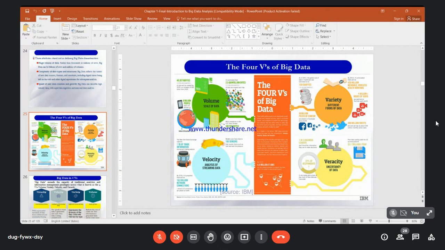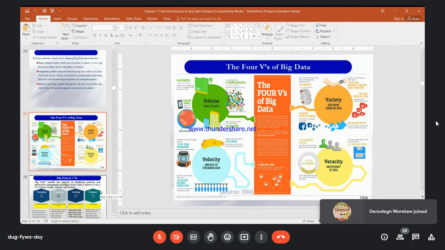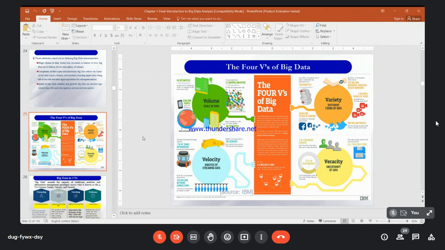This veracity is uncertainty: how reliable that data is, or how relevant that data is for that task. That is called veracity. It is used for indicating uncertainty of the data.